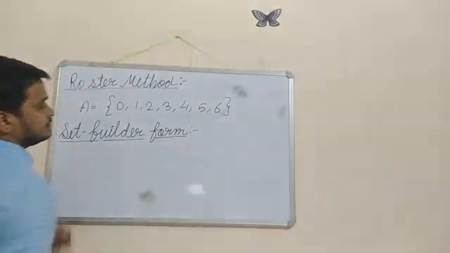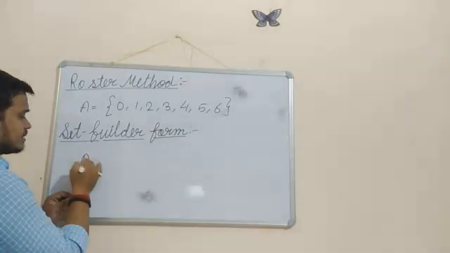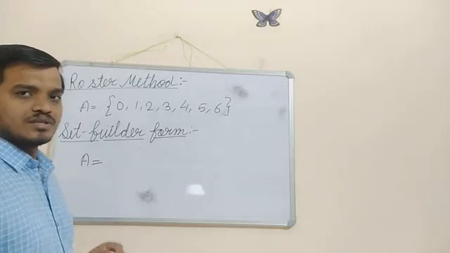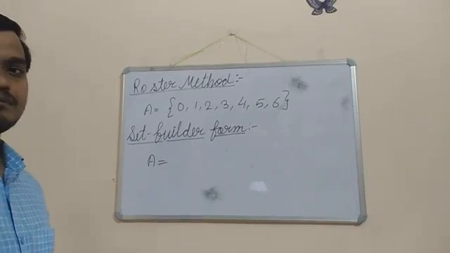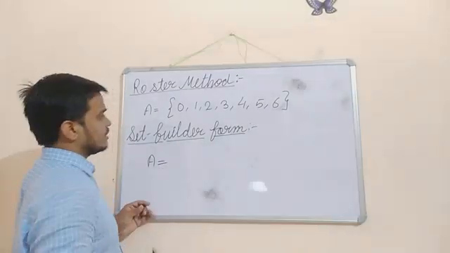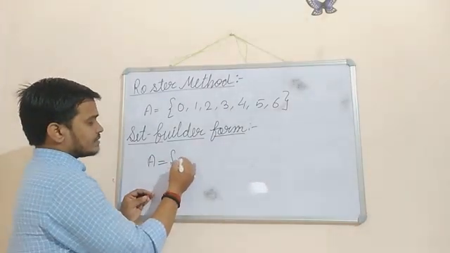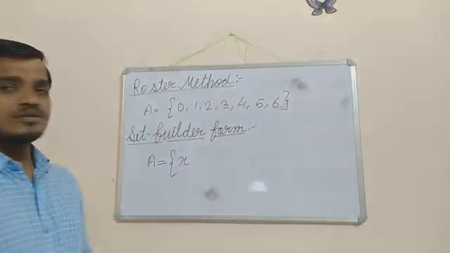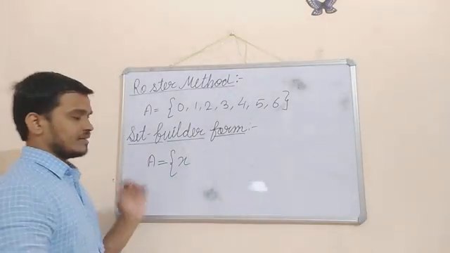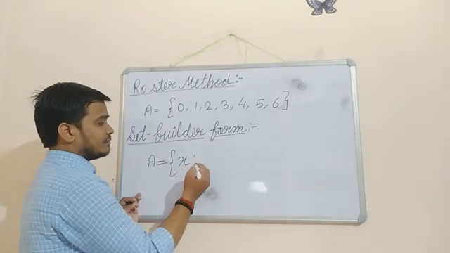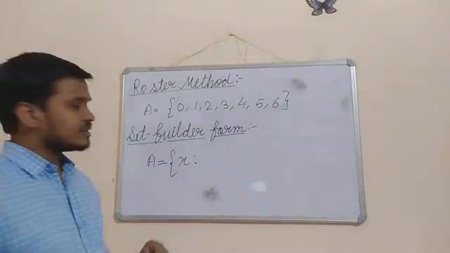Set builder form. What is set builder form saying? Whatever collection you have, you simply need to write it in this form. You are going to collect it here. So A, X: these are all the elements, and you will treat X as a variable. Any variable name you can take, X. Then you put a double dot. This double dot means "such that", X such that